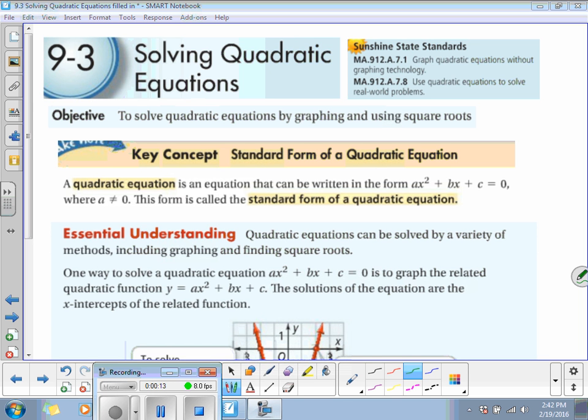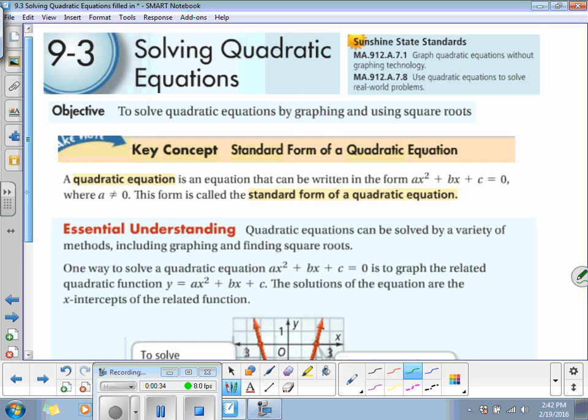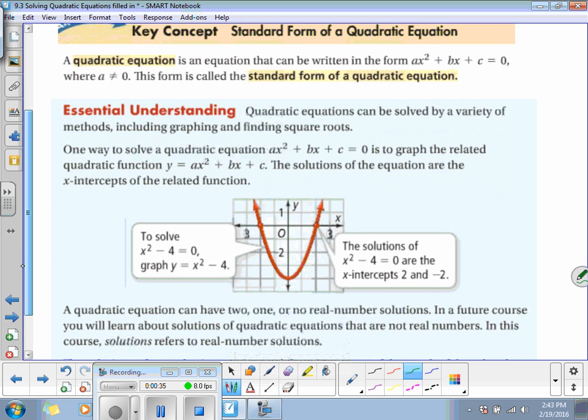Okay? A quadratic equation is an equation that can be written in the form ax squared plus bx plus c equals 0, where a is not equal to 0. Now this is called the standard form of the quadratic equation. Okay? Now if I look at the picture here,